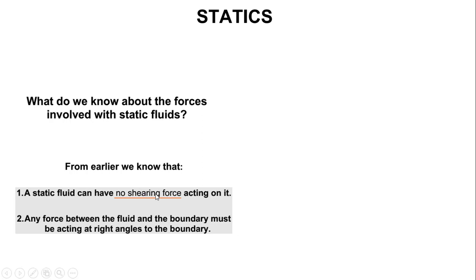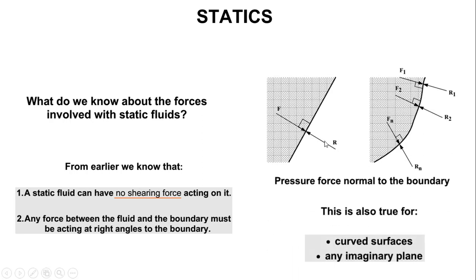have no shearing force acting on it. So which means for the static fluid, there are no shearing forces acting on the fluid. Then the next thing that we have talked about is any force that is acting between the fluid and the boundary must be acting at right angles with the boundary, as can be seen with these 2 diagrams that we have, that even if it's a curved surface, the force that is going to act between the fluid and the boundary is supposed to be at 90 degrees or perpendicular to the boundary,